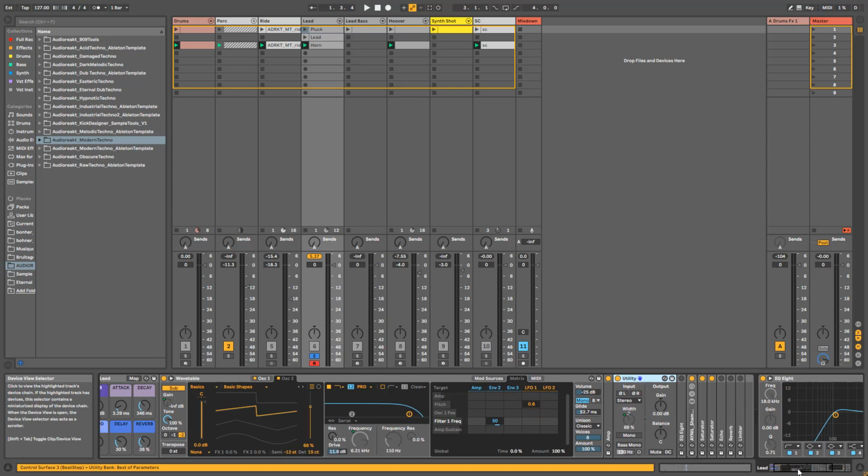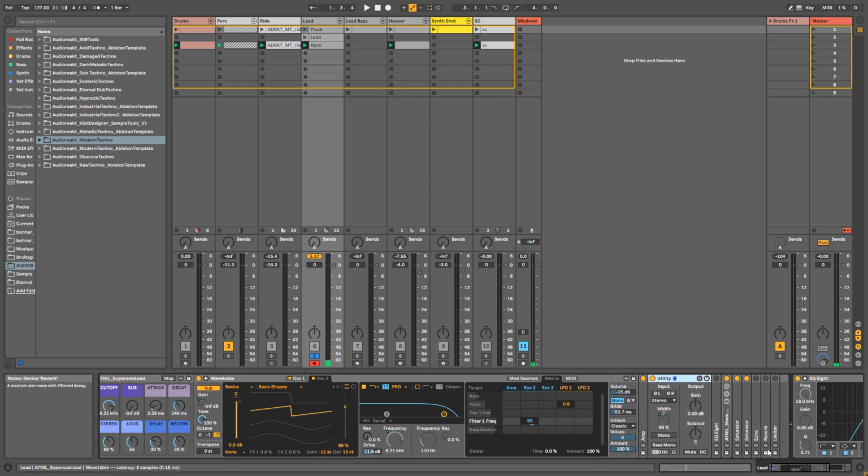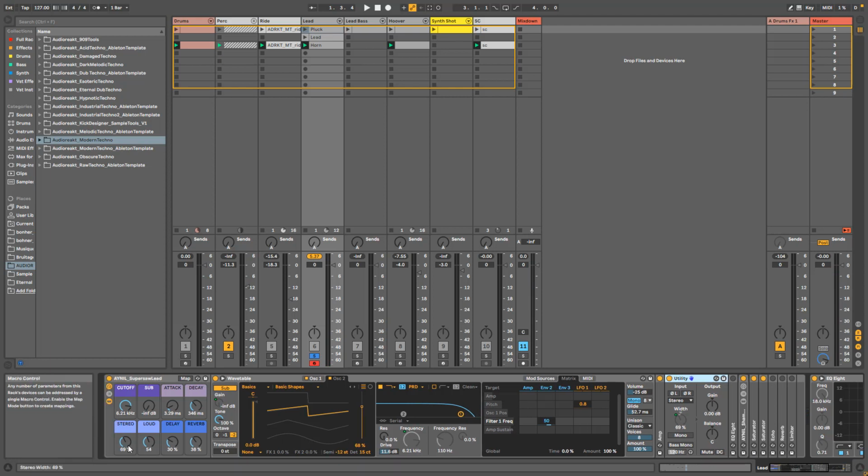Then you have utility to control the width. But obviously it's a Supersaw sound, so it's super stereo. And if you want to reduce that a little bit, you have a macro here. The loud control is what I've talked about before. Up to you, you can go crazy. You have the limiter anyway at the end to